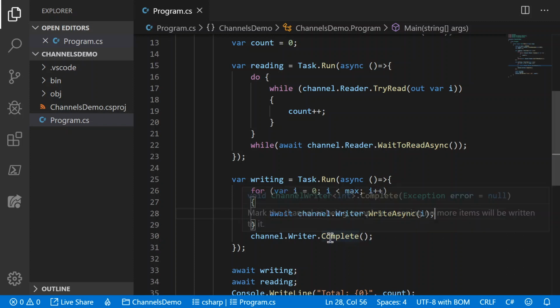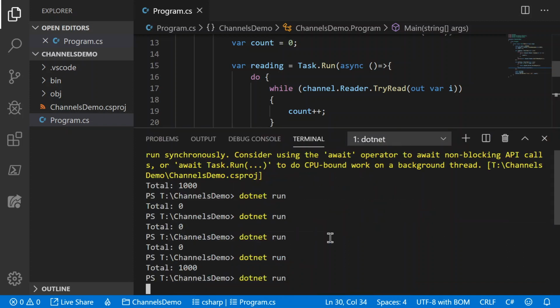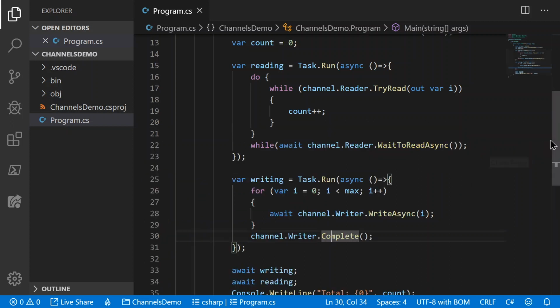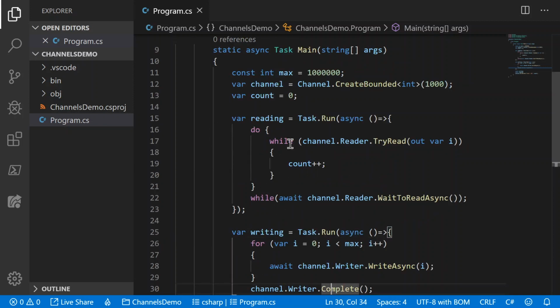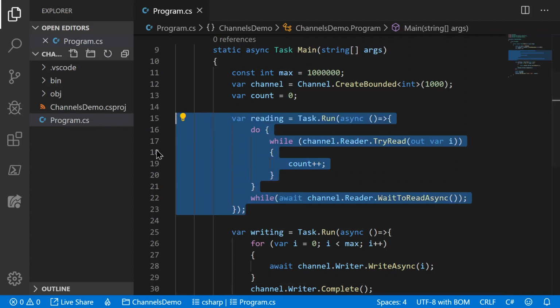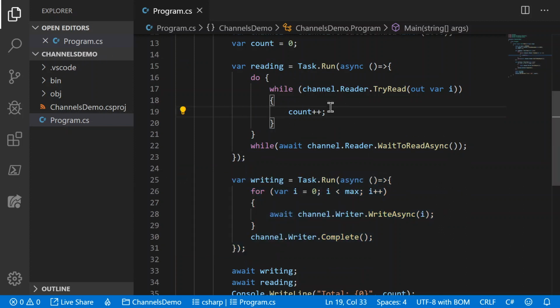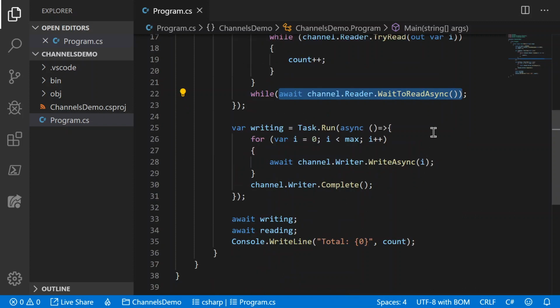And so now if we run it, all right, we had 1 million now, right? So what just happened here? Well, the first thing that's going on, remember, these could fire in any order. Typically speaking, this one is going to fire before this one. It's going to wait to read, but there's not going to be anything in the channel, and then it's going to yield to the next task,